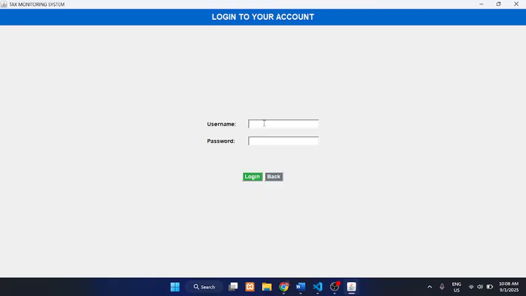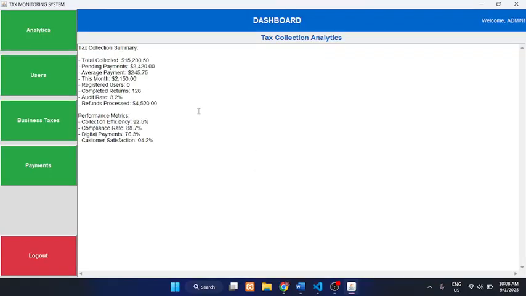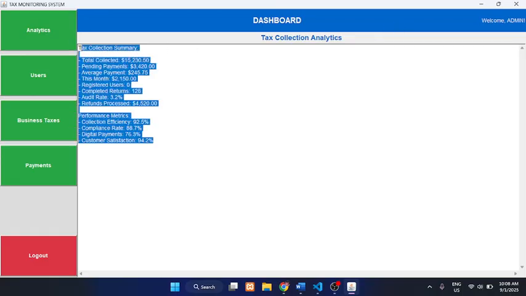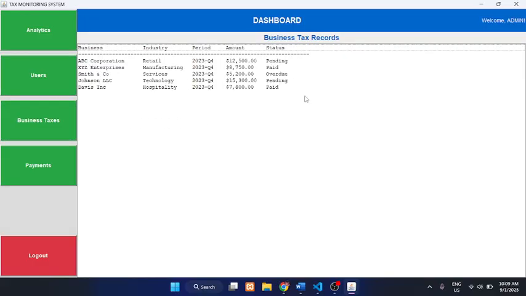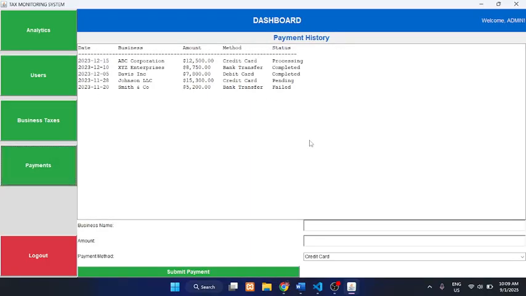So let's go back and log in. Since we signed up as admin earlier, let's log in as admin with the same password. After that, you can see the dashboard for the analytics. This data here is just static, based on the code. I did not input a users list here since one of the instructions from our instructor is to use only the Java event for the user navigation and user creation, business access in a tabular way, and payments.